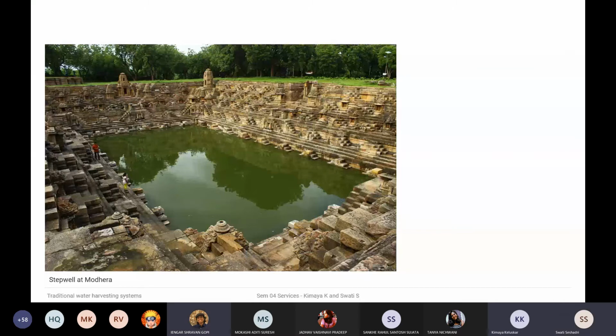Steps are usually to access. They will go a lot of floors below, so that as the water recedes after your usage and as you progress towards summer or the next monsoon, you can access the bottommost level of the well, which is going to be in the natural rock formation with springs from the sides.